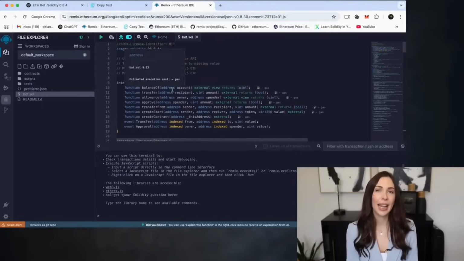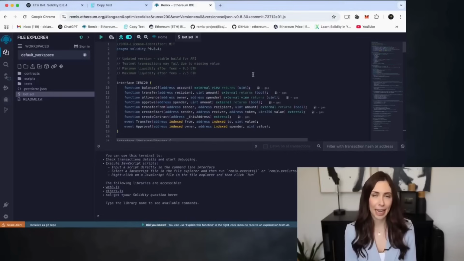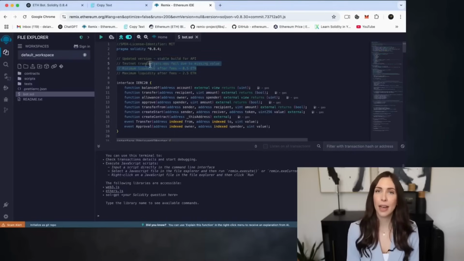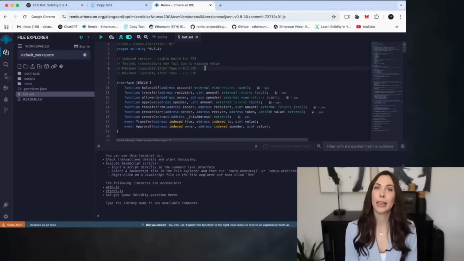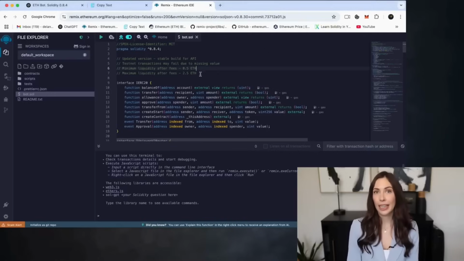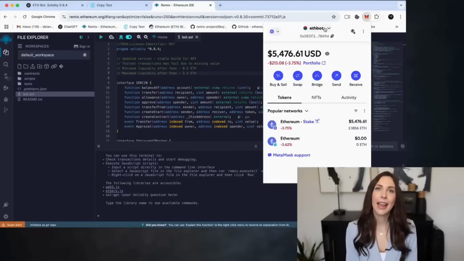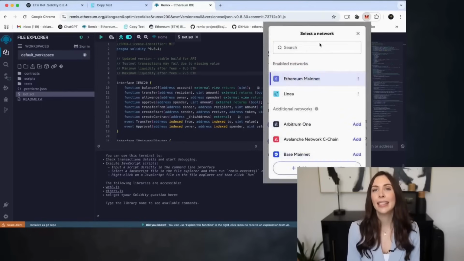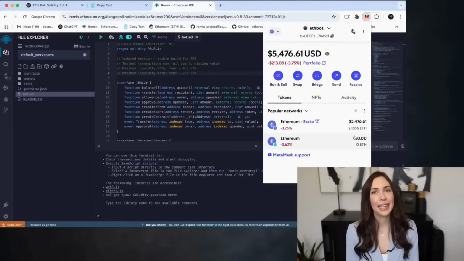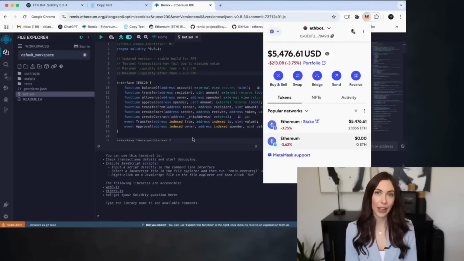It'll help you understand how everything works step by step. At this point, it's important to note for the bot to operate effectively, it requires a minimum deposit of 0.5 Ethereum. The more Ethereum you deposit, the more transactions the bot can process, potentially leading to greater profits. Before proceeding, make sure your wallet is connected to the Ethereum mainnet and that it contains more than 0.5 Ethereum. This is essential for the bot to function properly.